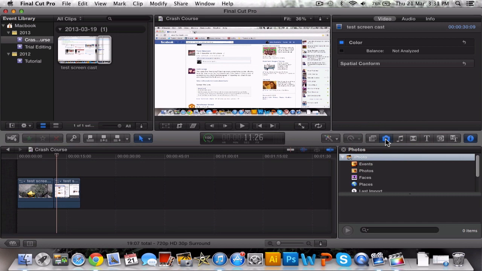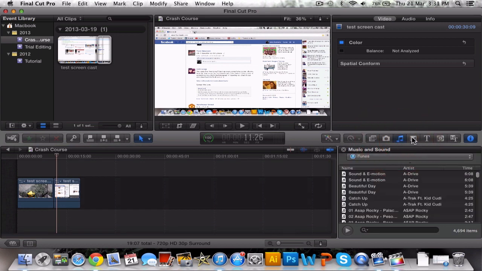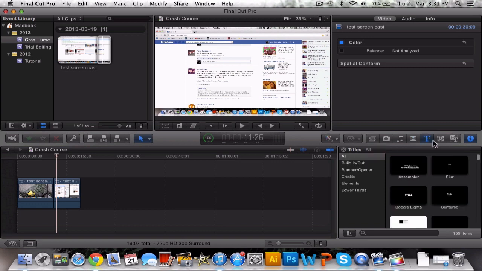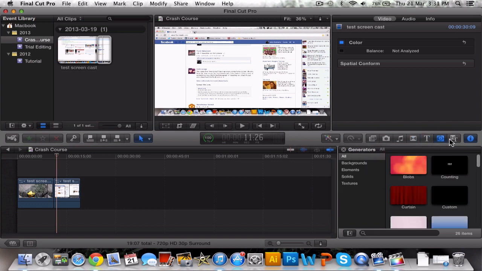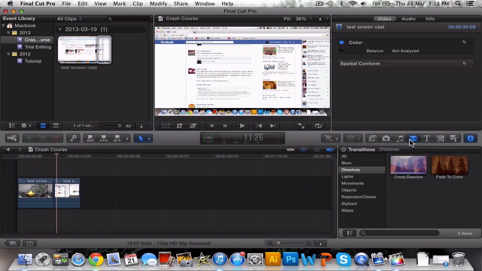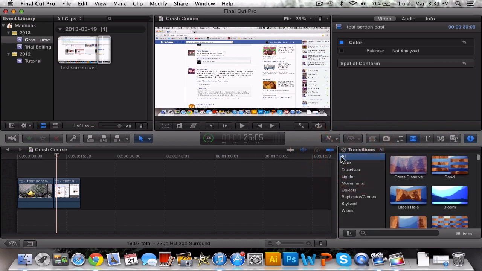This is pictures, so you can add pictures into the actual video itself. Music, add an audio track. Transitions, text and titles, generators, and we have themes. I'm going to go ahead and go to the transitions, and when you open it up, it's going to be